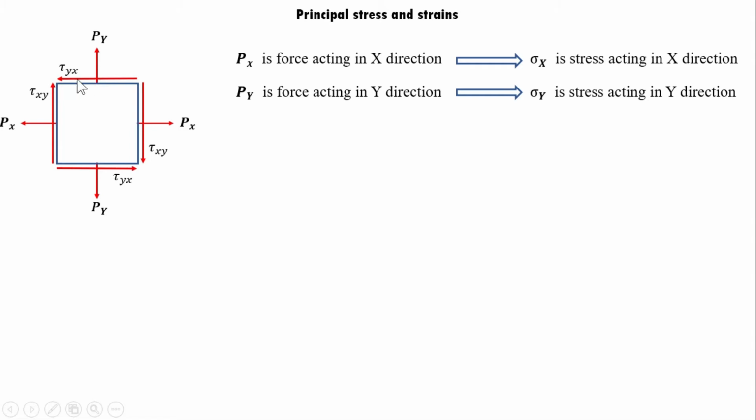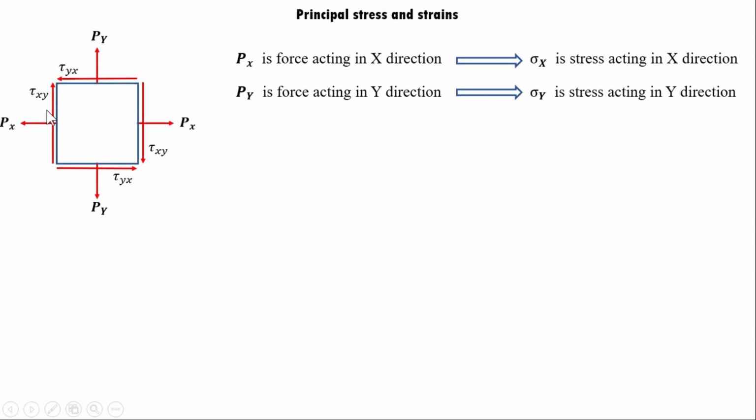So if you observe this carefully, tau yx, what is this? Nothing but y is the face, so this face is related to y, although it is horizontal, but the forces are acting in y direction to this. So y is the face and x is the direction. Center of this object is at this place. So these are two parallel forces which generate the moment. Now this moment is clockwise in direction, which creates imbalance in the system. So this tau yx is moving in anti-clockwise direction.